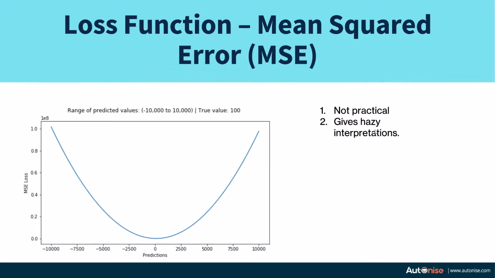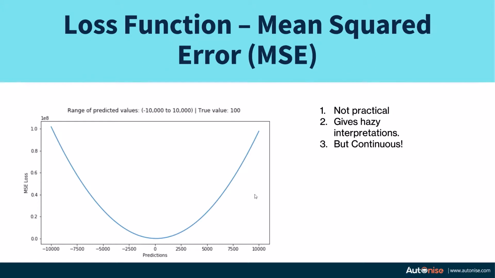It gives hazy interpretations. If I say my model has an MSE of 0.1, that actually does not mean anything. That depends. There are a lot of factors which can change the value of your MSE. One such factor is, if you just scale down the value of your outputs, instead of 0 to 1, you have, let's say, 0 to 0.1 as the output range, automatically your mean squared error values would become 100 times smaller. So MSE gives hazy interpretations. It does not give concrete interpretations like the accuracy.